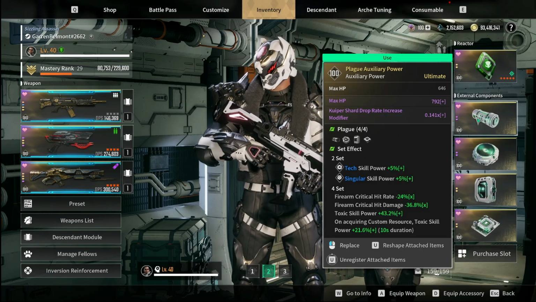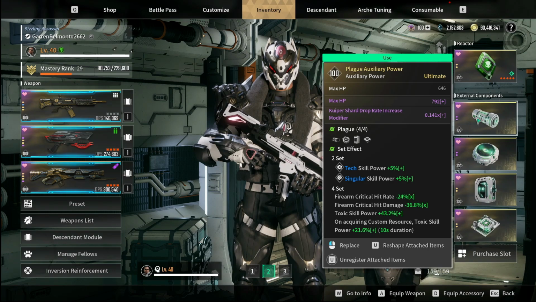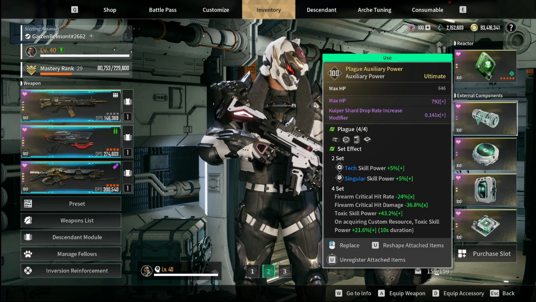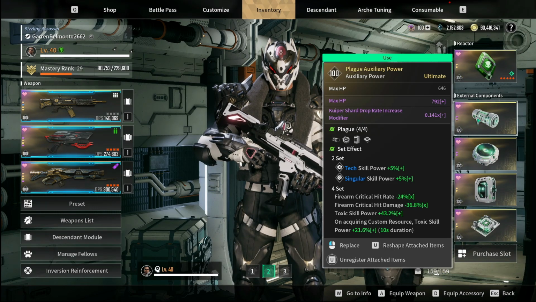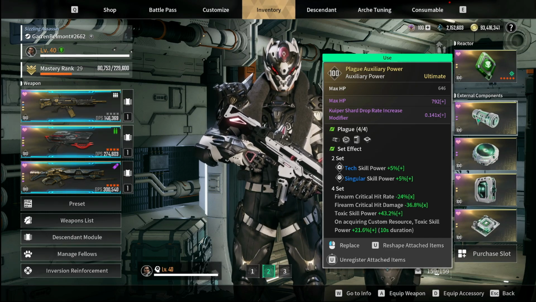So the Plague set is pretty much specifically tuned for Keelan because he does have his own custom resource. He doesn't use MP. So because of that, this set is pretty much catered specifically towards Keelan. You can use this with Serena as well, but you aren't going to be taking advantage of the plus 21.6% toxic skill power because she doesn't have a custom resource compared to Keelan,